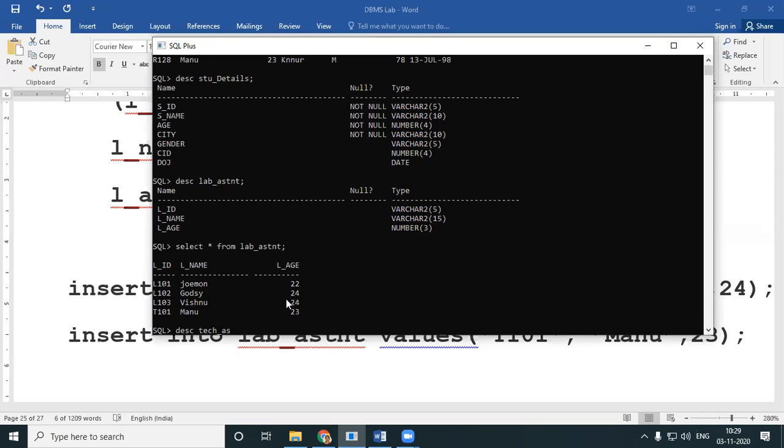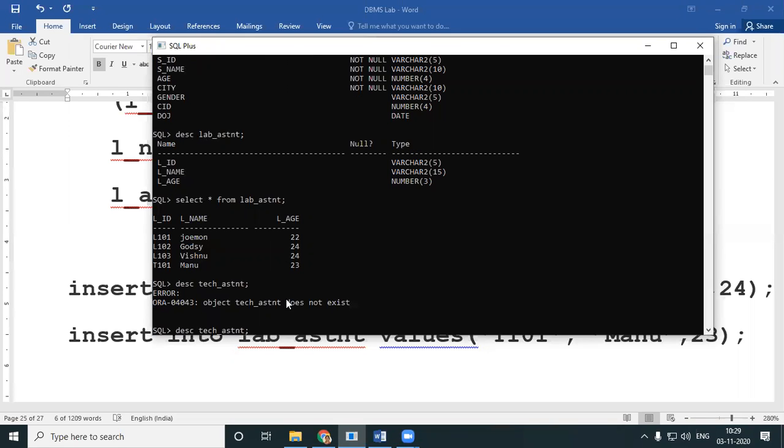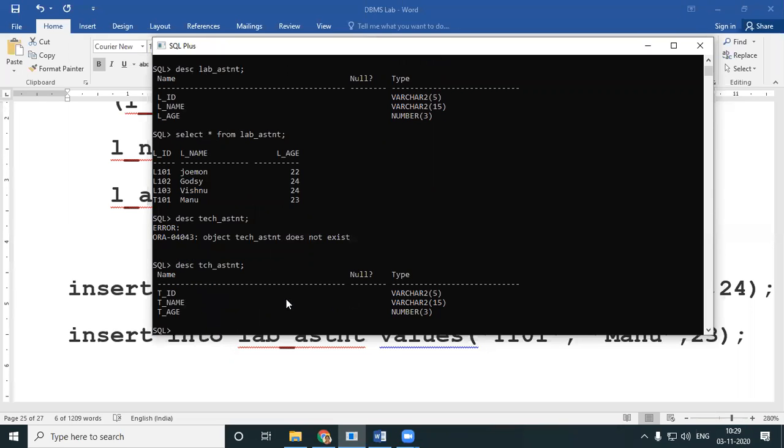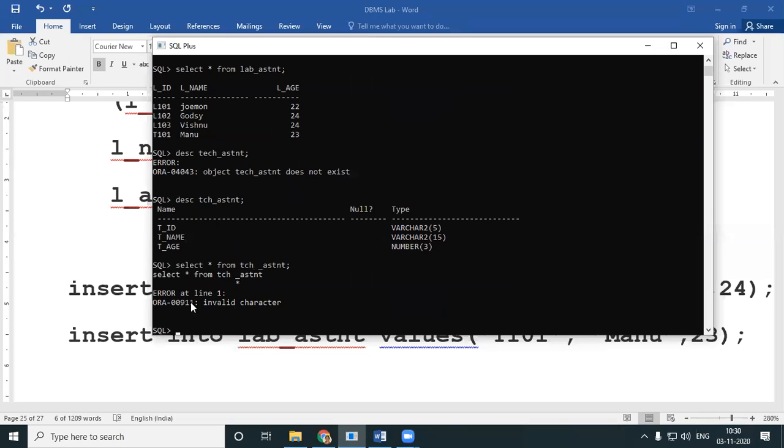The same thing, another table, TID, TName, TAge. Just to simply work, I have another table. I'll just show what I have inside. Select star from. Okay, there was an extra space over there.